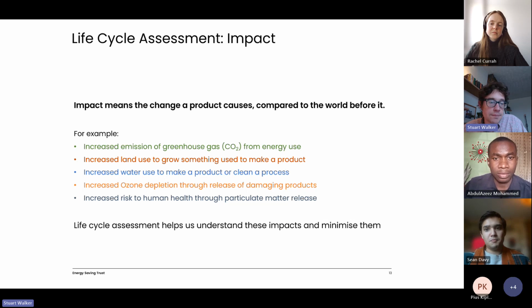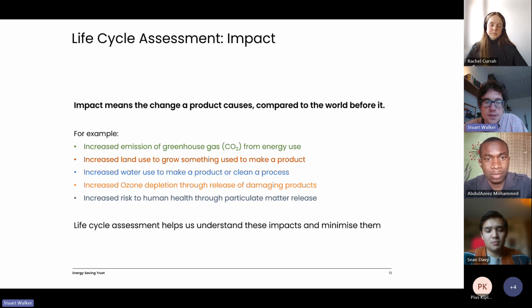If our product is made from, say, cotton or something to do with soy, then there's some land use linked to how that product is made, and we can delve into that land use and ask what caused it and what the land was used for before, such as deforestation. Then we can look into those impacts and see the impact that our product has on the world. In the cotton example, it might use a lot of water. If a lot of water is used in the manufacture or use of a product, that's a water use impact.